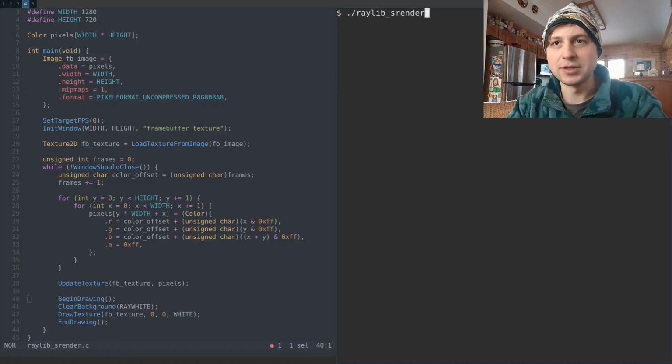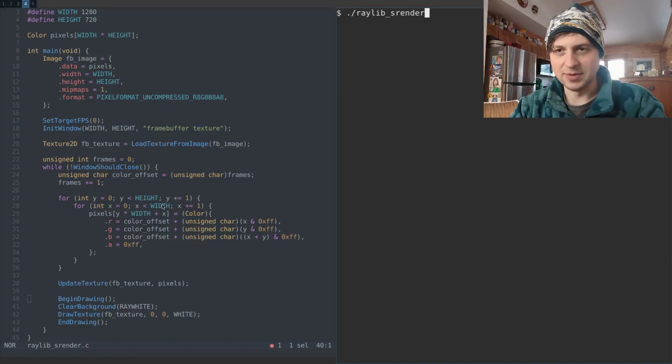As I mentioned, we're going to try to draw pixels to the screen today, and as a little motivation, I have this little software rendered pattern that I made in Raylib a while ago. It makes a texture and renders that texture full screen. The texture is the width and height of the window, and it iterates through the pixels from y equals 0 to height minus 1, and x equals 0 to width minus 1. It sets the red component to be the x pixel position AND with 0xFF,